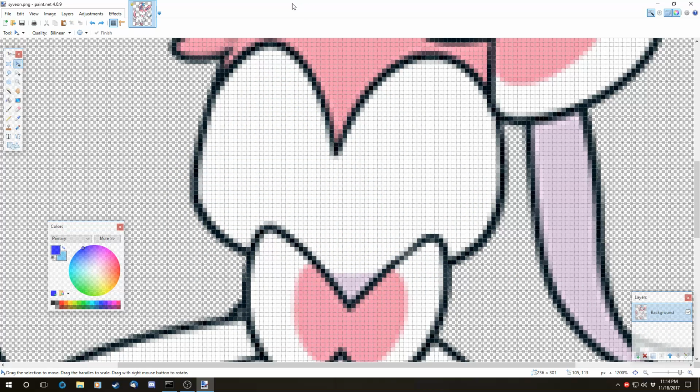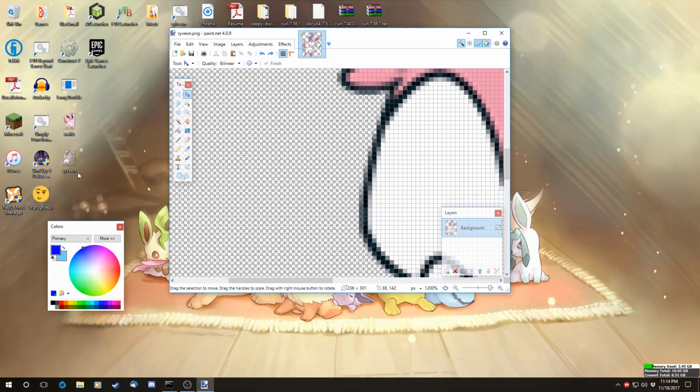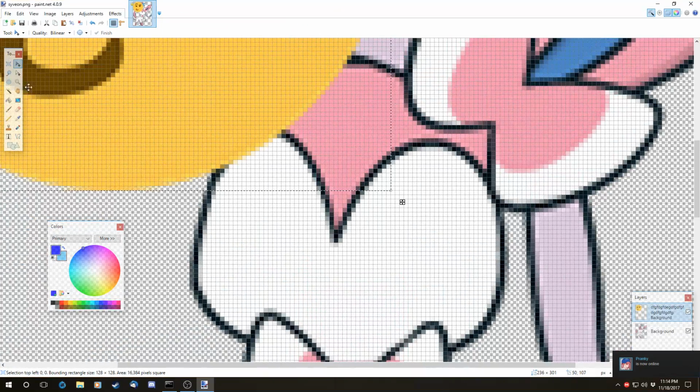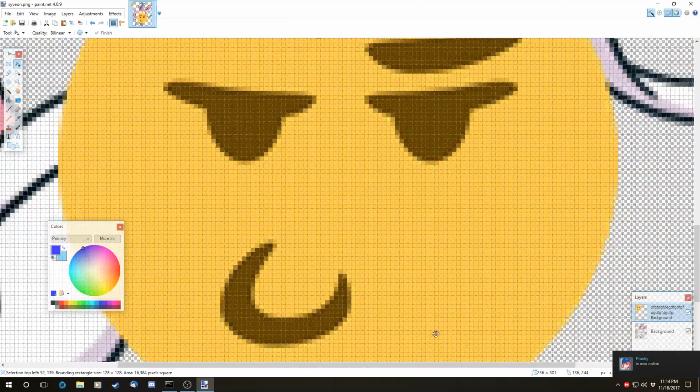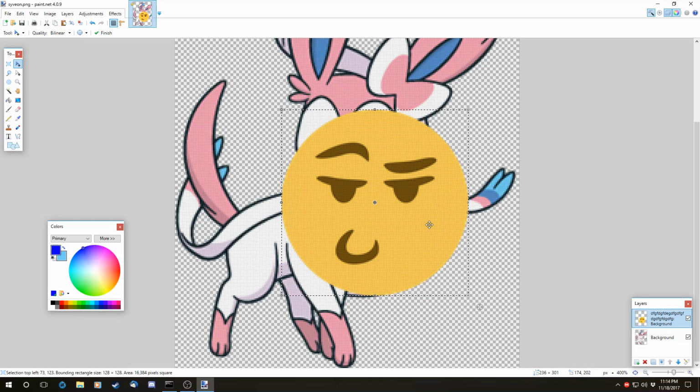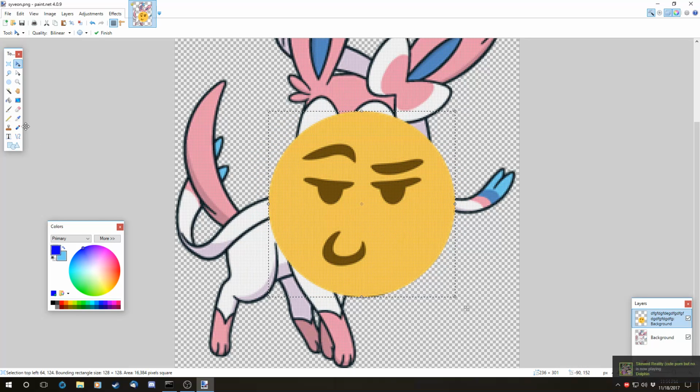What you can do is drag an image on top and hit add layer. So now all of a sudden you have two images on two separate layers which you can edit separately. You can do whatever you want with this. So